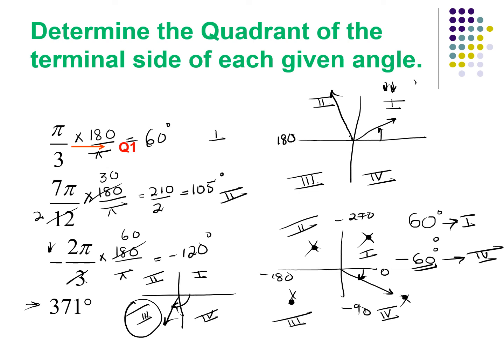Now it is more than one revolution, which means it is more than 360 degree. So in order to find the original angle or the basic angle, we subtract 360 from the angle, and we get 11 degree. Now 11 degree, of course, if you make it over here, will be in the first quadrant. But when we make it as one revolution plus 11 degree, that's why we get 371 degrees.